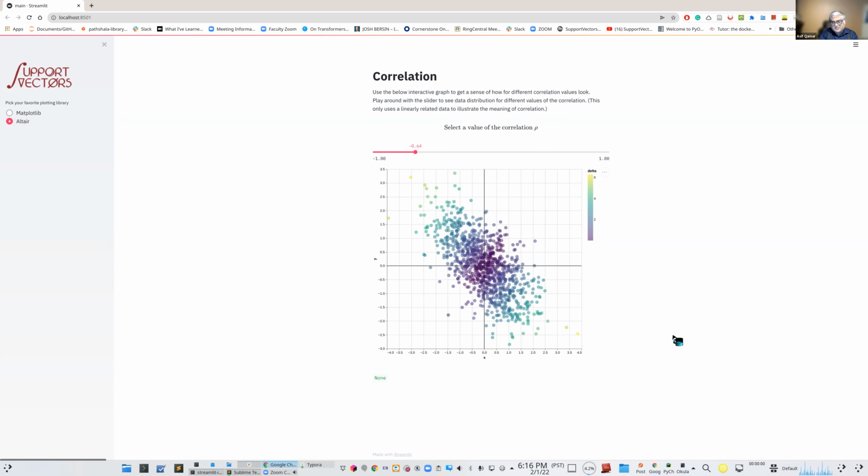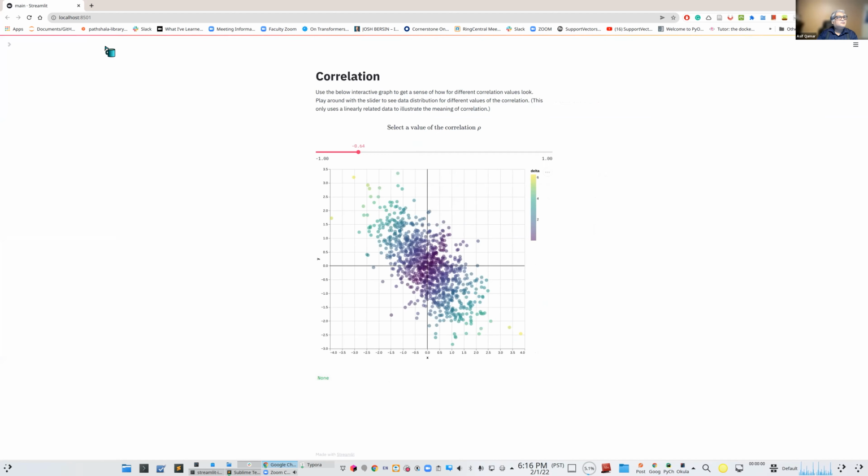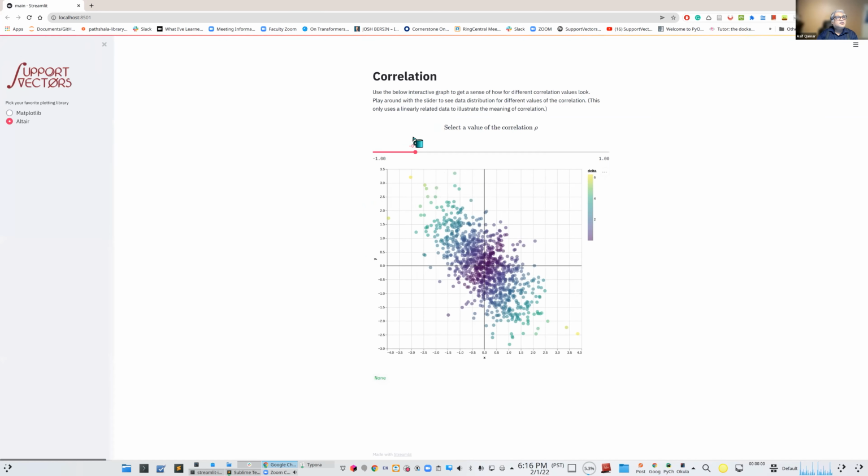I wouldn't use the word dashboards. I would just say a page or a document which has interactivity baked in. So when you look at this page, it could be any one of the web pages. You can just remove it and then bring it back. But basically, it has a title